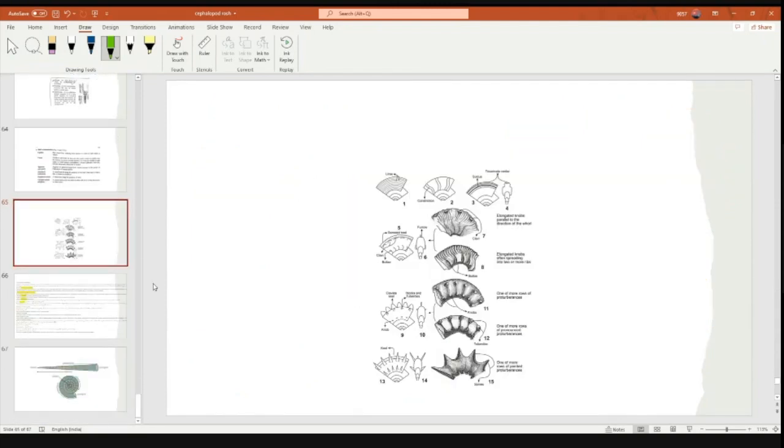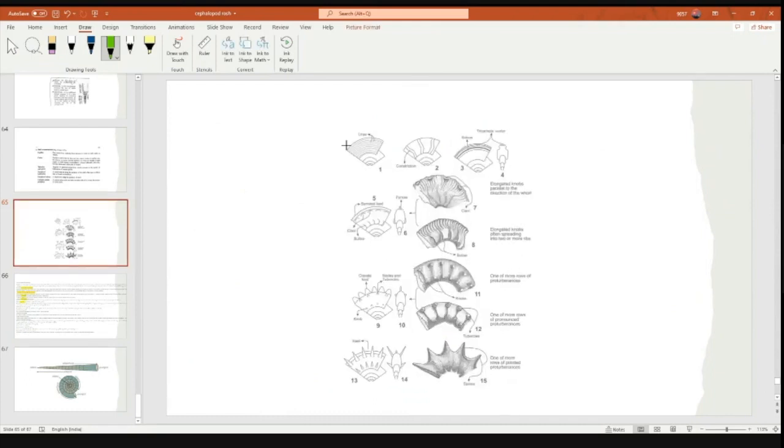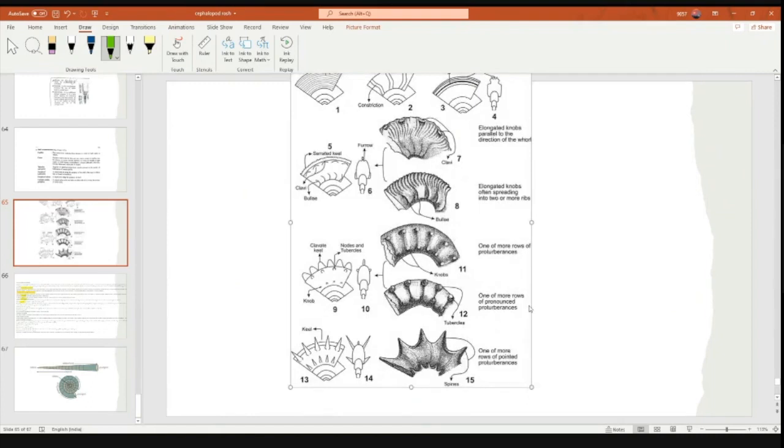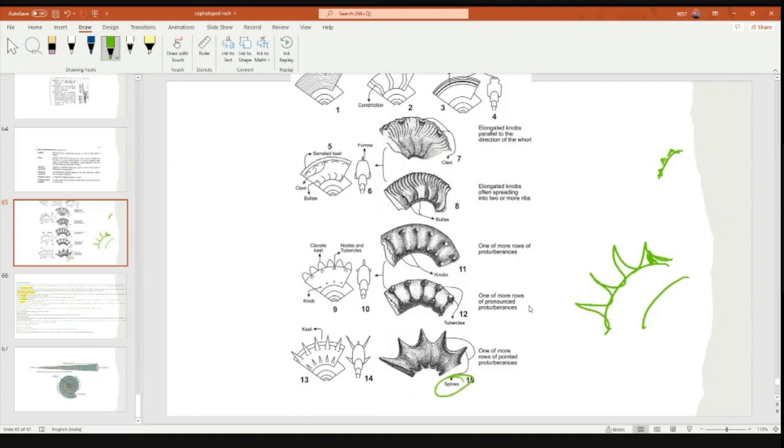You can see this is spines. Okay, these are the spines. This shell of the cephalopod is very large. If it is a keel, then this will be quite a smaller one. Okay, smaller than this. But if these are very much elongated, pointed, then these will be the spines. Okay, and tubercles, the small features.